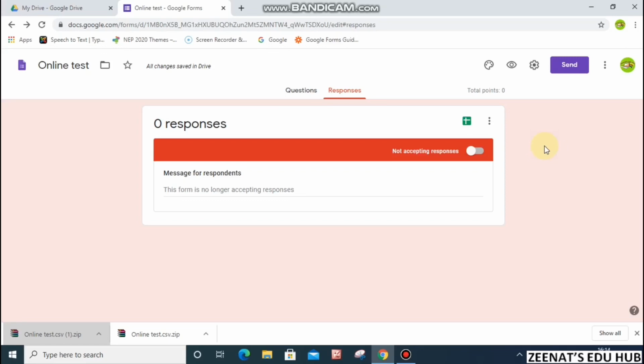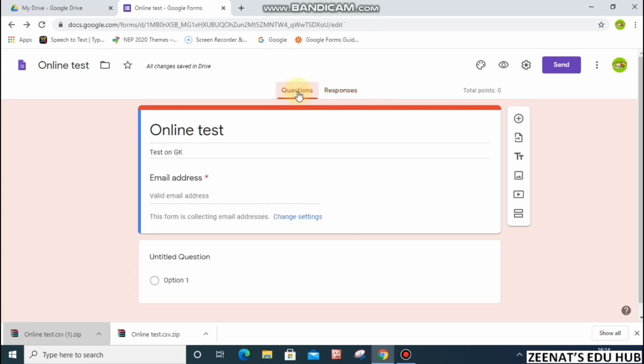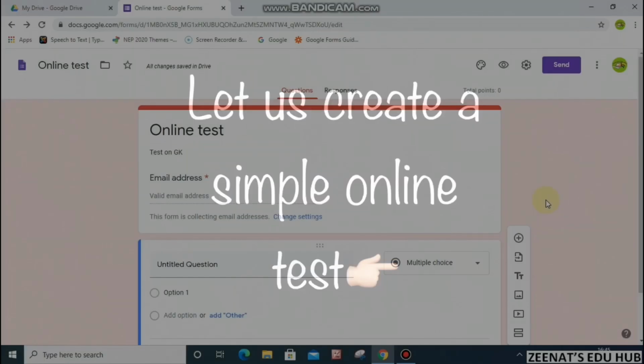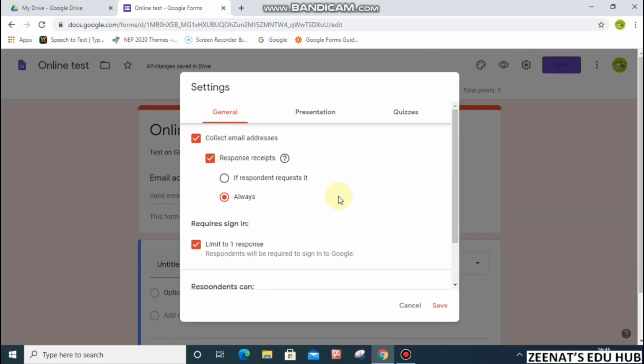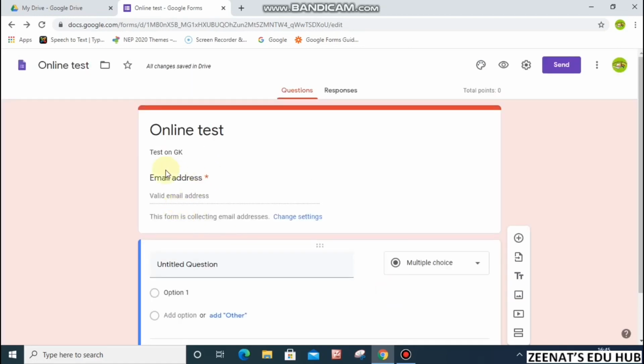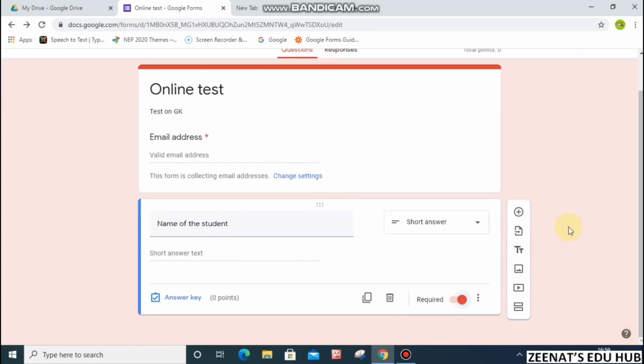With this, we have learned all the settings of the Google form. So now let's quickly dive into creating a simple online test. In general settings, we have chosen to collect email addresses, so this field automatically appears in the form. Initially, let's add some fields related to personal details. To start with, name of the student. For this, we'll select the question type as short answer and we'll set this question as required, that is compulsory to enter. Now let's add another question by clicking the plus sign,